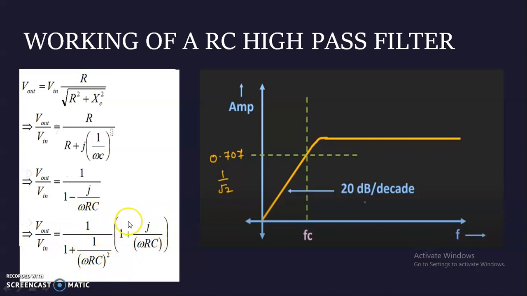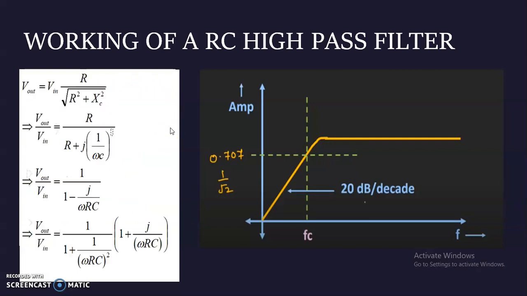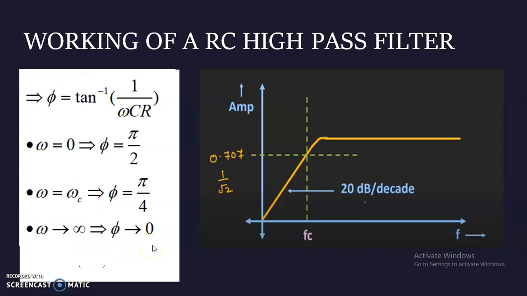And this is the actual complex number. So from this we will get the angle, which is equal to tan inverse of 1 by omega RC divided by 1. So that is phi equals tan inverse 1 by omega RC. So for omega equals 0, phi equals pi by 2, omega equals omega c, phi equals